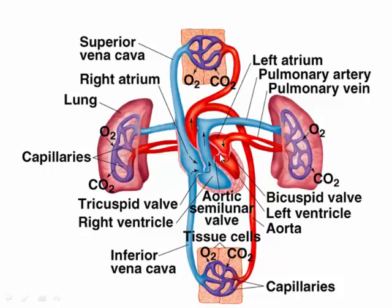Then through this valve, the tricuspid valve. This valve on the left side is the bicuspid valve, right? Also called, what's this one called? The mitral valve, right? I'm trying to give you some time to think. It's hard when you don't have you next to me. The mitral valve is a little bit weaker than the tricuspid valve. Here's the tricuspid over here. So this is going into the right ventricle, out the pulmonary semilunar valve,